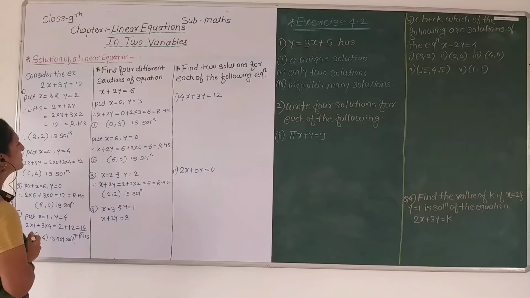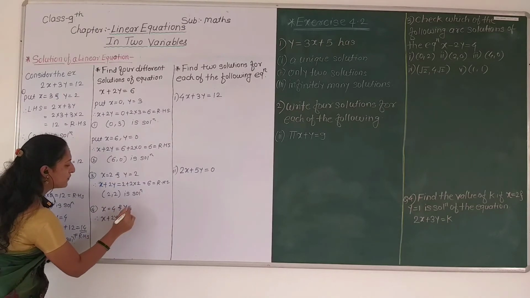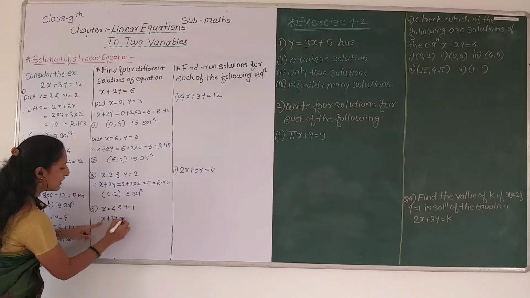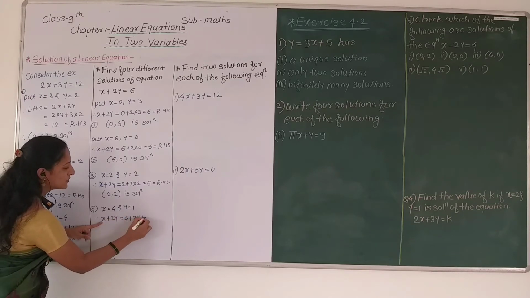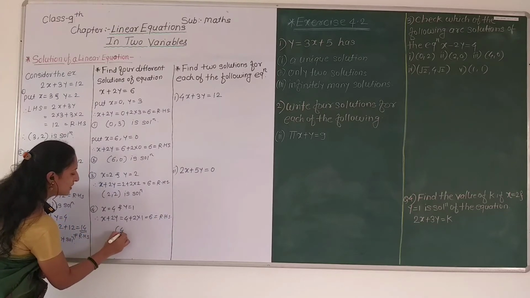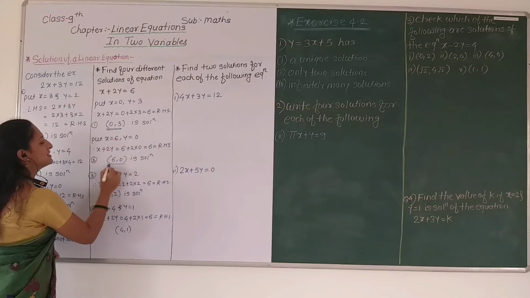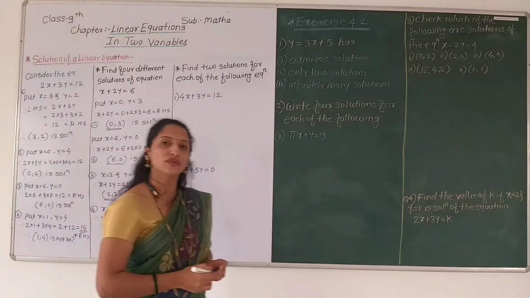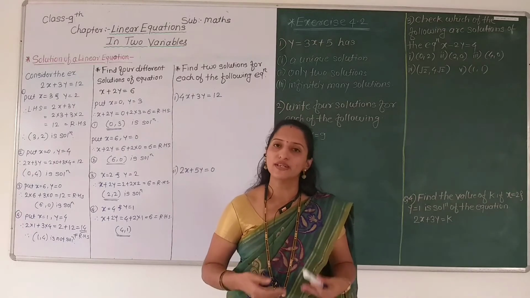If I substitute x is equal to 4, yes. Okay, if I substitute x is equal to 4 and y is equal to 1, then let us check. Value of x is 4 plus 2 into value of y is 1. 4 plus 2, that is 6. Okay. So that means here we get 4, 1. 4, 1 is a solution. So here 0, 3, 6, 0, 2, 2 and 4, 1. Here we find 4 solutions which satisfy the equation.